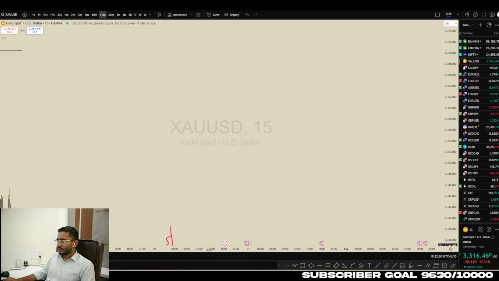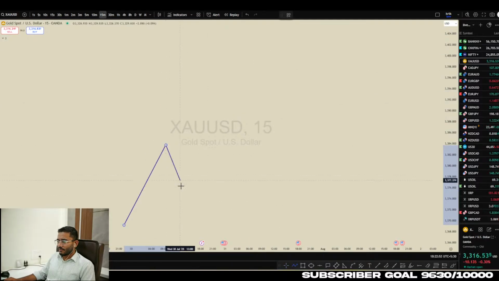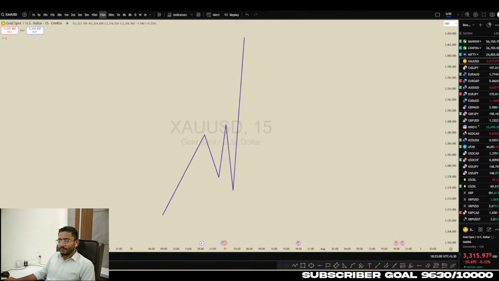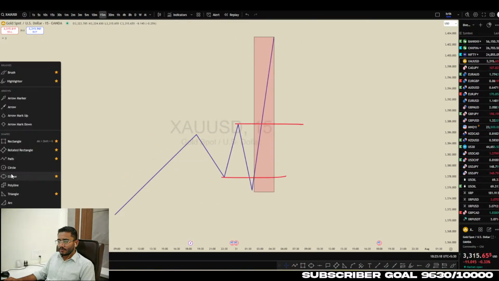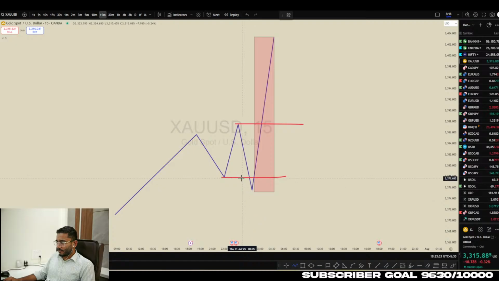The simple thing we have to do is first, if you mark the hourly imbalance, for example, in this case, if price sweeps out this liquidity and then breaks structure, now we know that price is going in the upside direction, right? So in this case, for example, if this move is 1 hour, price has swept all this liquidity and broke the structure. Now we know that price is continuing to the upside, right?